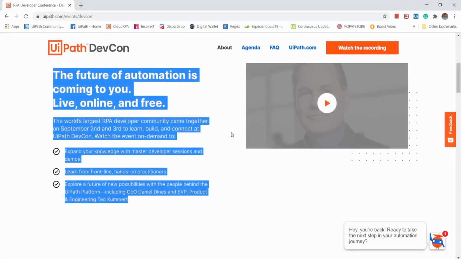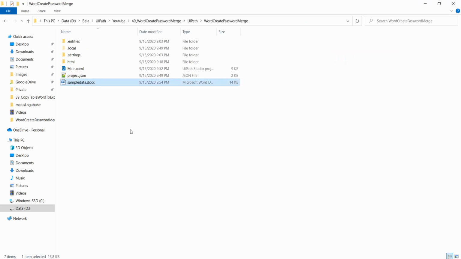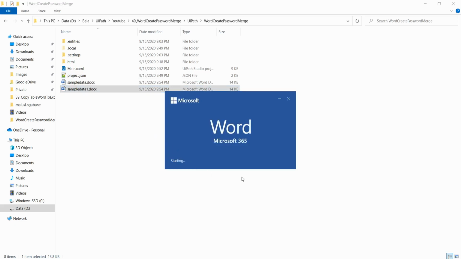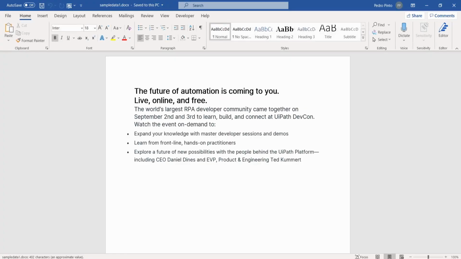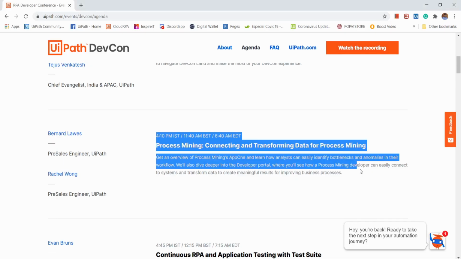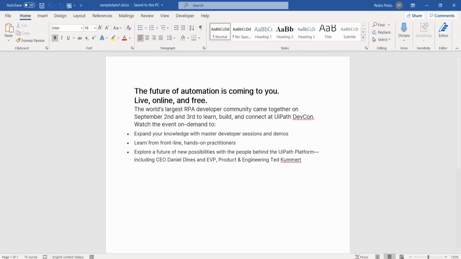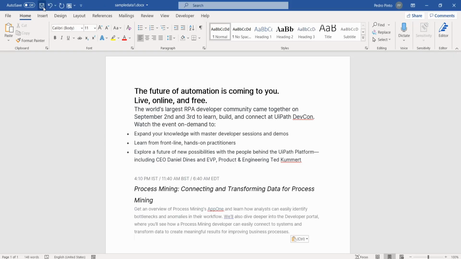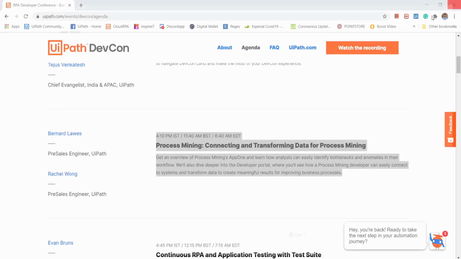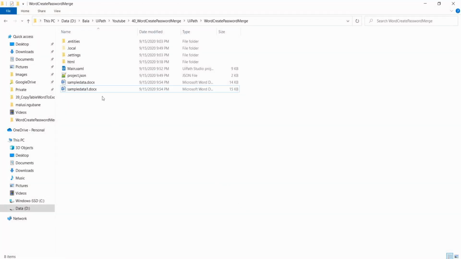And I'm also going to create another file, sample data 1. It has the same content, and I'm going to add some more information inside the document. I'm going to save the document. So now we have sample data and sample data 1.